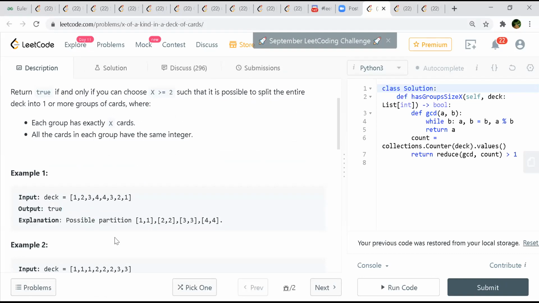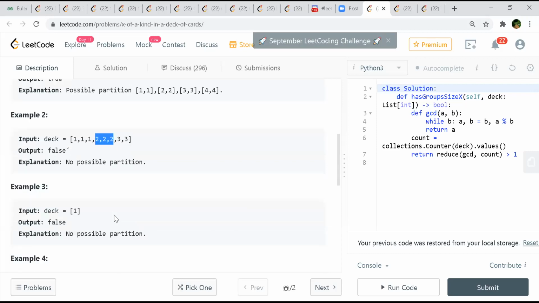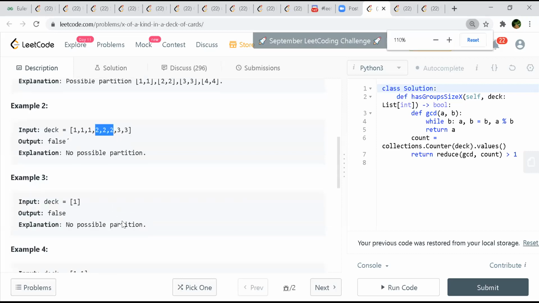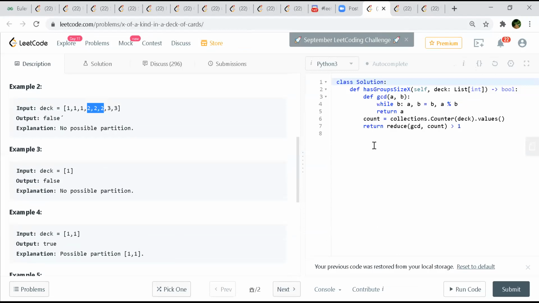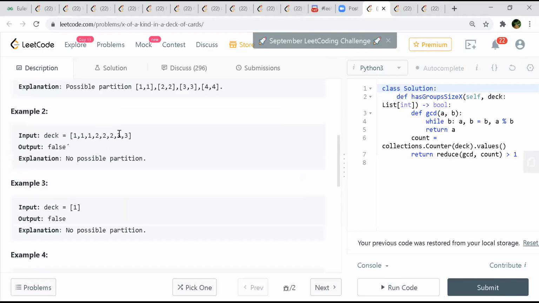And all the groups will have the same type of card. Like one will have one only, one can't have two. But here it's not possible, because this will be three, this will be three, and the other one will be of two only. Here also it's not. Okay, so in that case, if we have 3, 3, 2, why can't we take 2, because 3, 3 are there, right? Yeah, a group's size will be different. No, here it is of size only two. This will be size of three. This will be size of three, right?